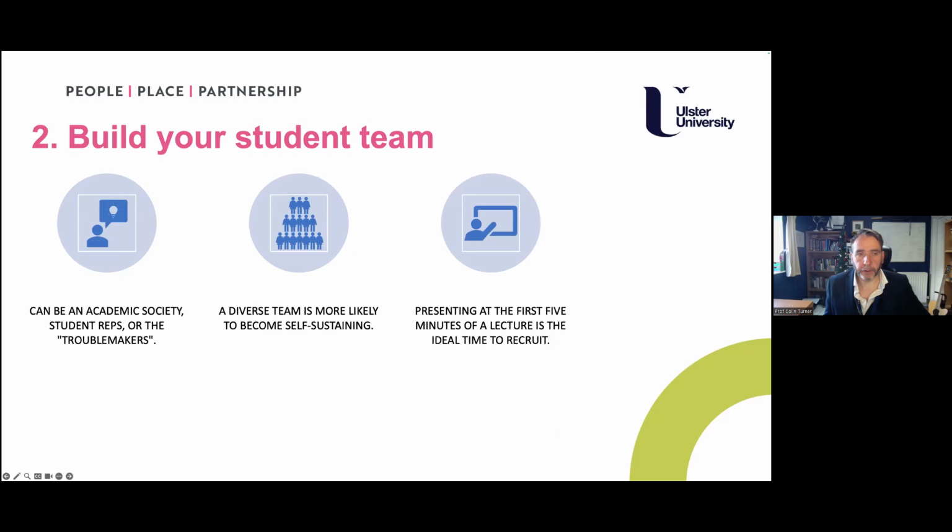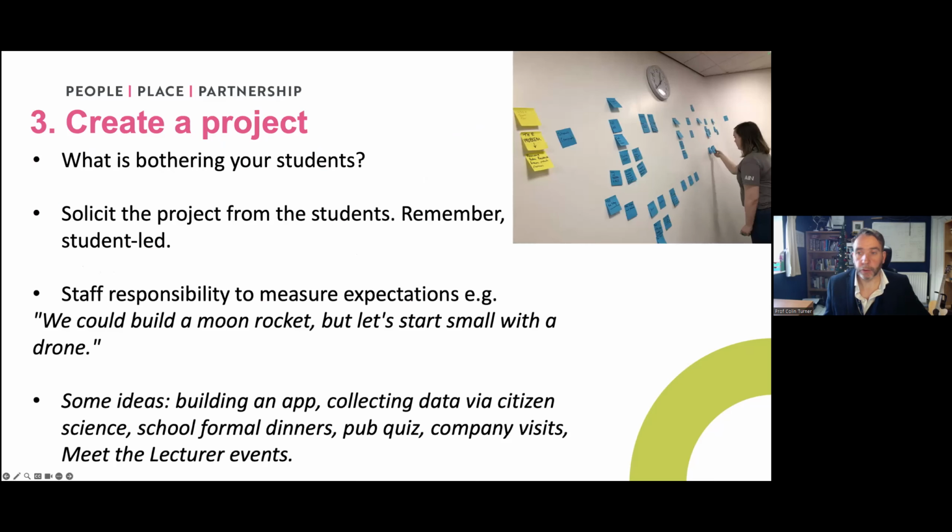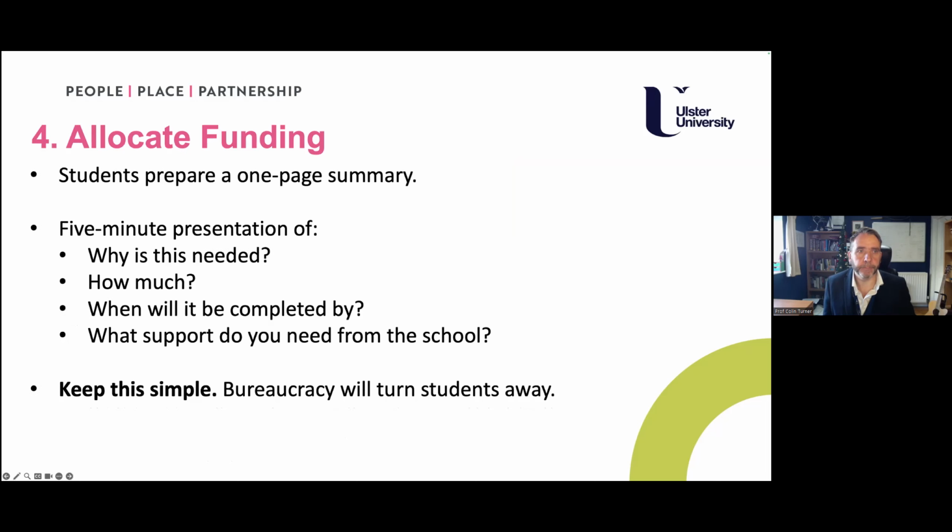You need to find out who that student team are going to be, that nucleus that will start things off, and give them a bit of space to help do the recruitment. You want that team to be as diverse as possible. You want to try to find an initial project to help them circulate around. Now, you might want to give students exemplars of what you think that project could be, just so that they can open up their imagination. But fundamentally, very quickly, you want to get to the point where they're the ones saying, this is what we want to do, not what you've told us you might want us to do.